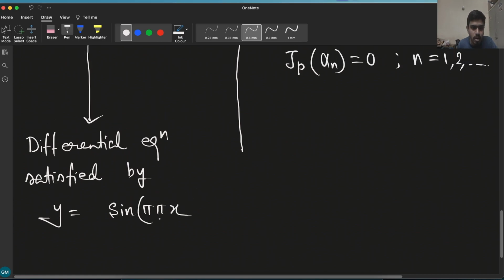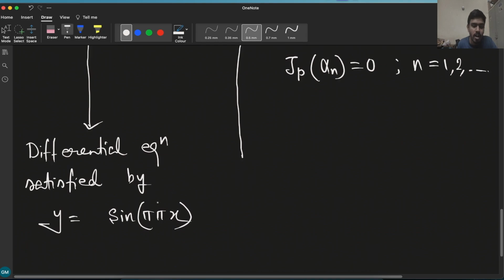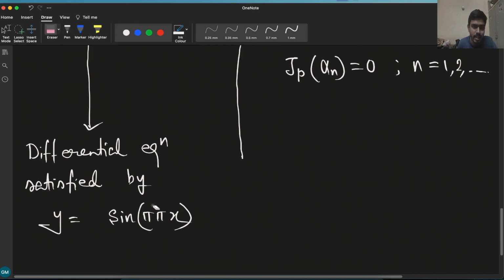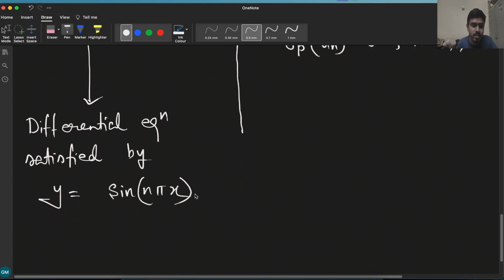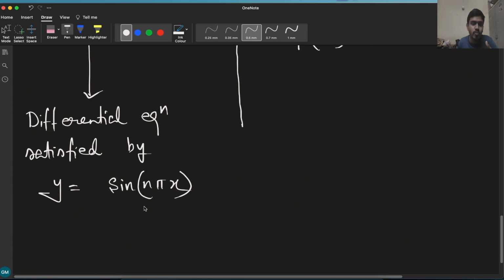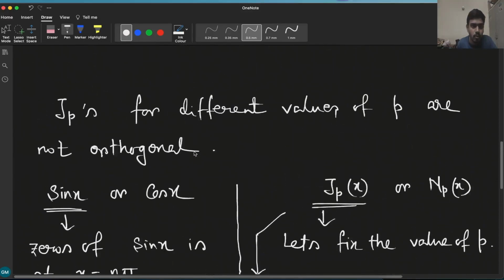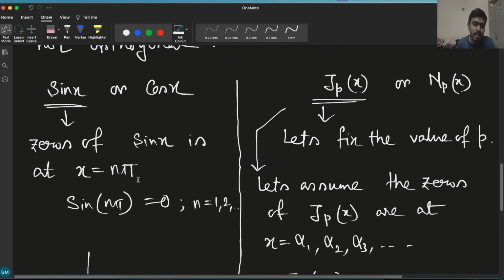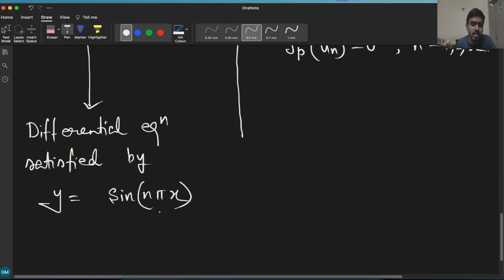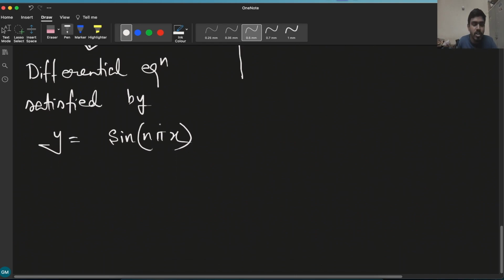So now I am talking about a function, sine of n pi x, where this n pi is basically the zeros of sine x. For sine x, x equals n pi are the zeros. Now if I define a new function, sine of n pi x, then the zero will be at x equals 1. So the differential equation satisfied by this sine of n pi x